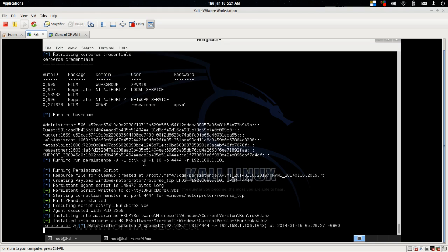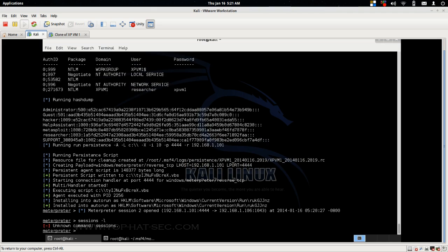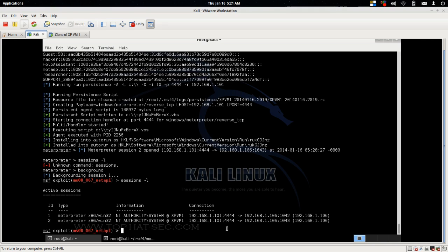Pretty much the same exact stuff. I'm going to hit enter. Let's take a look. Sessions -l. We have to background first. Sessions -l. And we can see that we've caught, it's still on port 4444. If I had changed it to like port 8888, then it would show up as 8888, 4444, whatever it is. But all of this is the same info. It's both